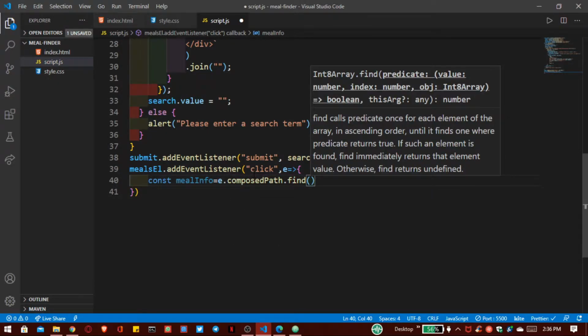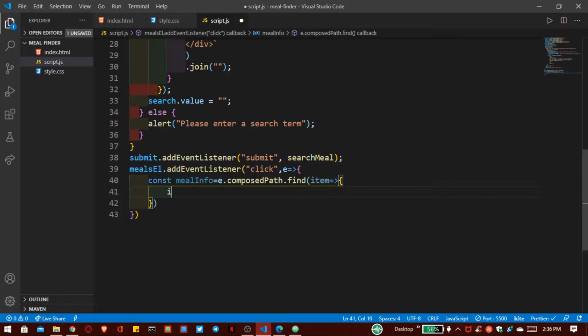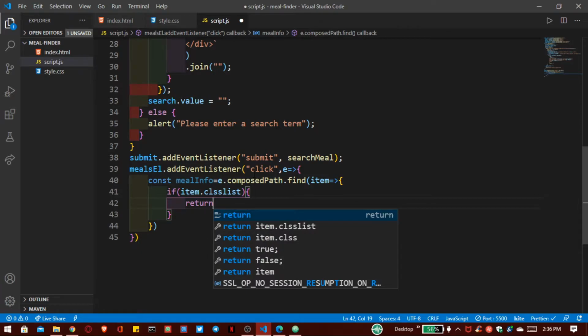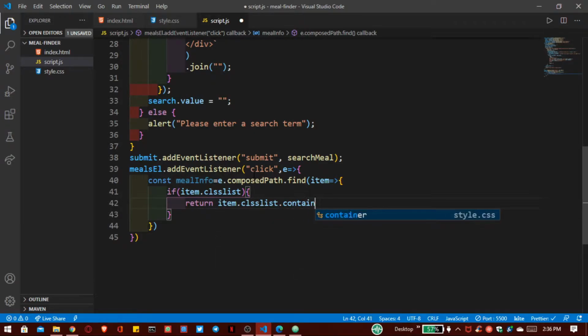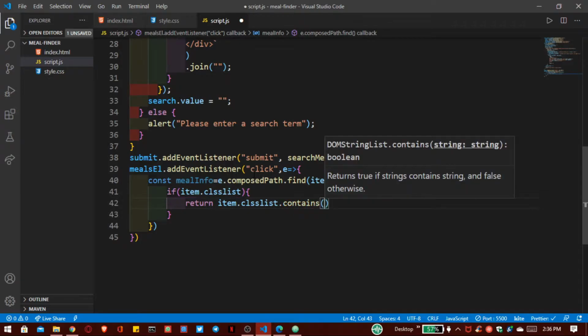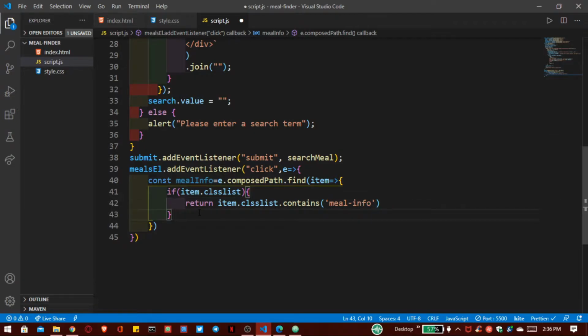Inside that, first we write our item, and if our item dot class list, so if we find our recipe, then it will return our meal info, that is basically the name of our meal. So return item dot class list contains meal info, else it will return false.